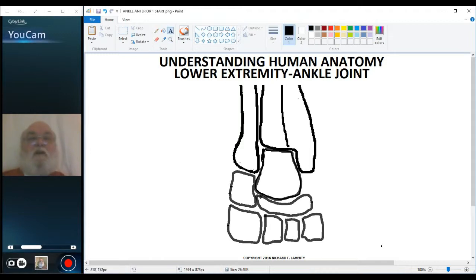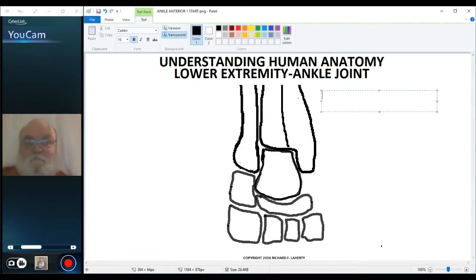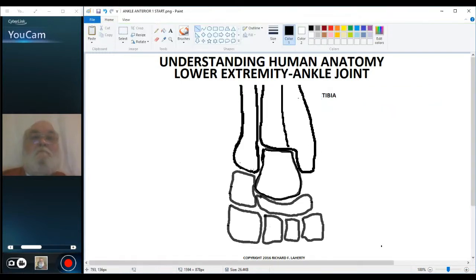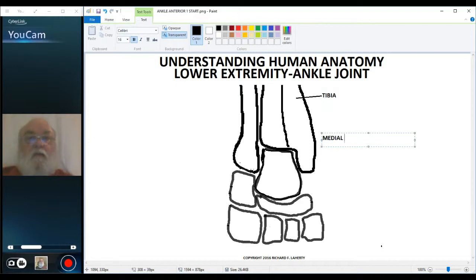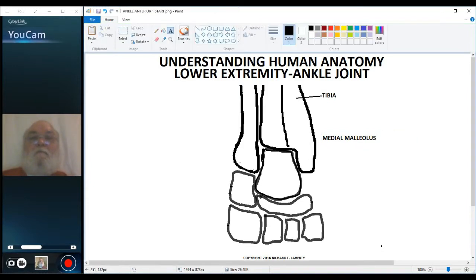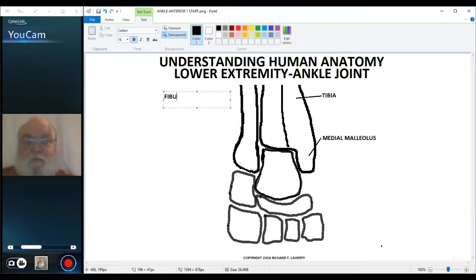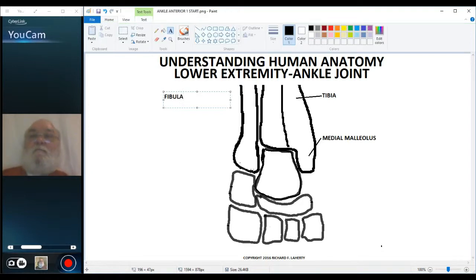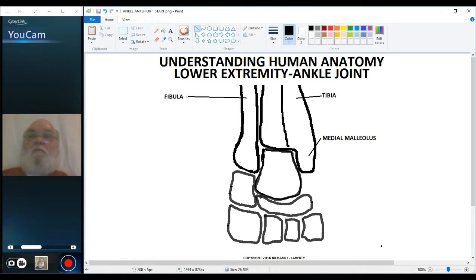So we'll start with the tibia, the medial malleolus, the fibula, the lateral malleolus,